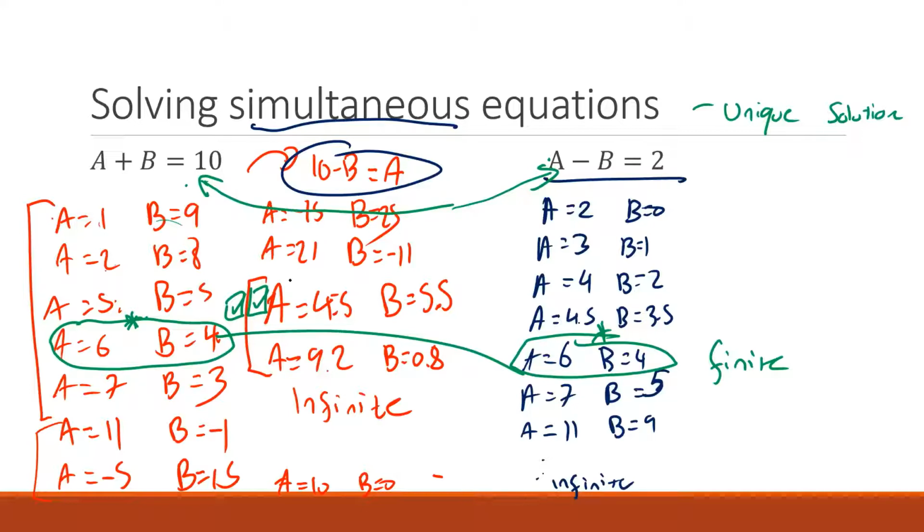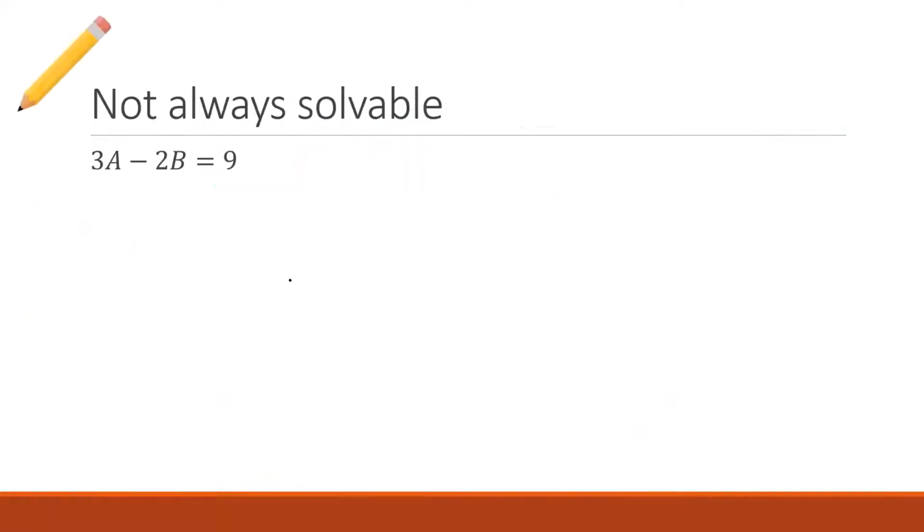So what does this look like when we start to examine this a bit further? What are some of the other properties? I want to look at these two things here just for a second. Honestly, these are not always solvable. Okay? If I take these two examples here, 3a take away 2b equals 9, 6a equals 4b plus 18. Now, let's say we look at some examples here. I'm going to see if I can figure this out on my own.